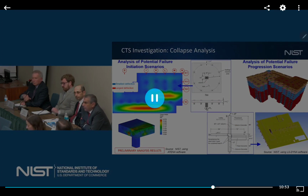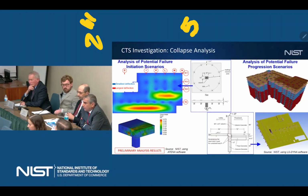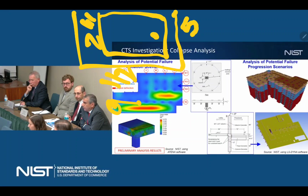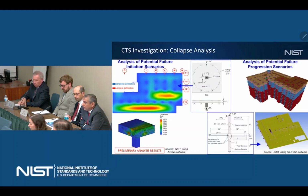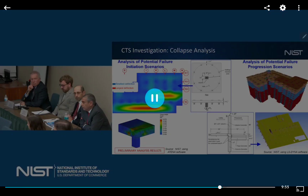the fact that the top rebars in the pool deck slab were lower than where they should have been, and that definitely has a significant effect on the punching shear resistance and also the flexural resistance of the slab. Boundary conditions also for these nonlinear models affect the response to a large degree, given that, for example, the constraint on the south perimeter wall, if you consider this as allowed to move laterally or prevented from moving laterally, this would tend to either generate a large amount of compression forces in the slab, which in turn would affect the punching capacity. If you allow the motion there, then you get larger capacity, because there is not, so you get smaller capacity because...